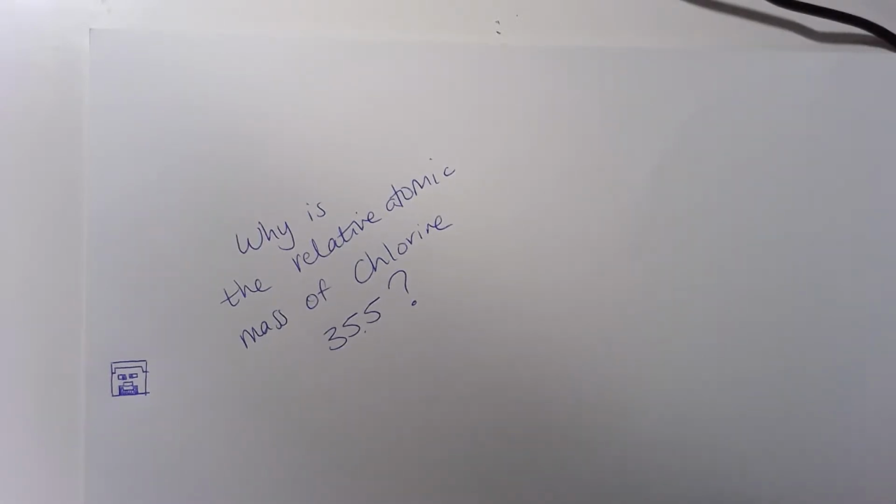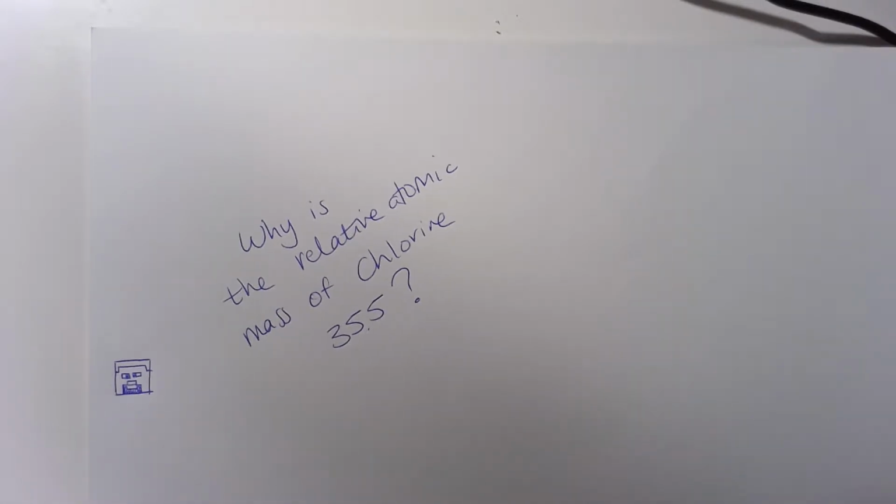Hello. Many people ask me, why is the relative atomic mass of chlorine actually 35.5? It's weird that it should be a 0.5 number. It is. It doesn't mean that it's got half a neutron or half a proton. It doesn't mean that. It's all to do with its isotopes and the abundance of all the isotopes of that